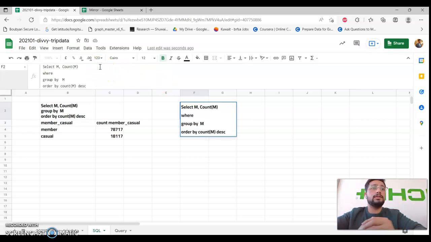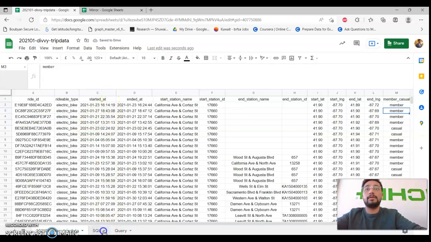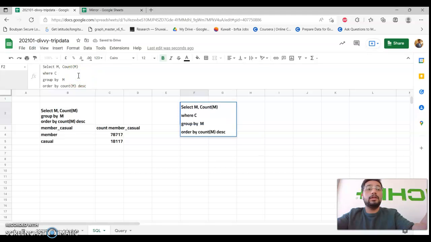Query basically is following the same structure that a structured query language has. First of all, you select the columns you need, and then you give it the condition, and then you group them and order them accordingly. So I'm going to come here, say where, basically C. C is where we have all the dates. Where C is greater than or equal to